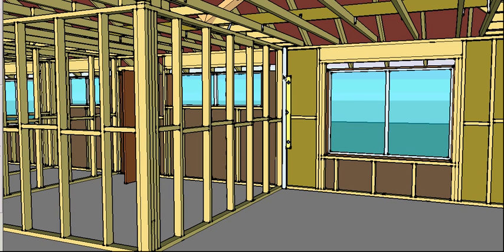Okay, so we're making sure that it's plumb, make sure there's no bow in this stud, and because we've got that stud up against the wall, we might be able to pull it across, clamp it across, and re-screw it to the wall to straighten that stud. So once we've done the two ends, the next thing to do is to check the top and bottom plate